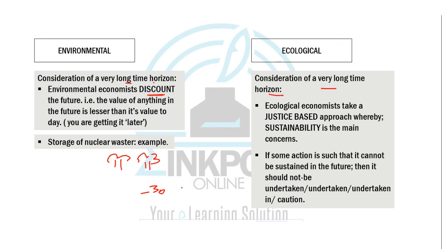So if you have a forest for the next 30 years, the value of that forest would be something like, okay, what is the value of the tree today? If it's 600 today, it's 600 plus 600 upon (1 plus r) squared, and so on and so forth. I mean, you would discount it by a value so that you can say that the value of the forest in the future is less than the value of the same forest today, because there's a lag in the consumption. A clearer example of this is, for example, nuclear waste.